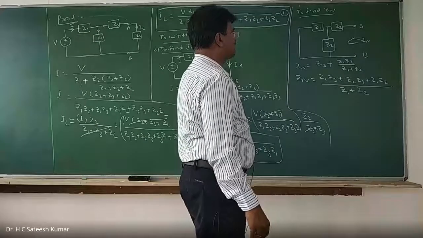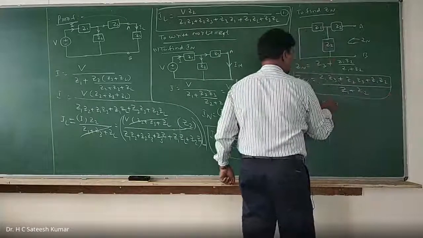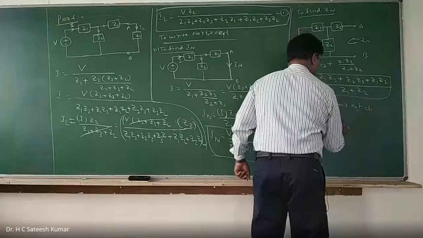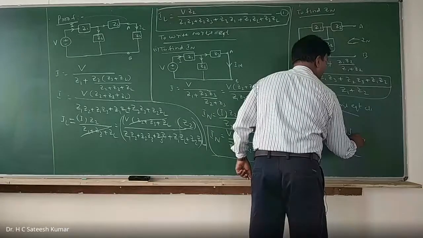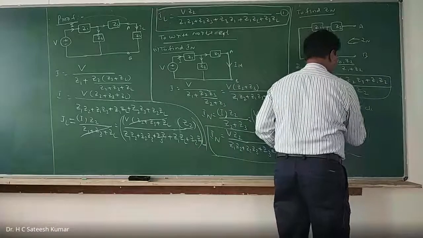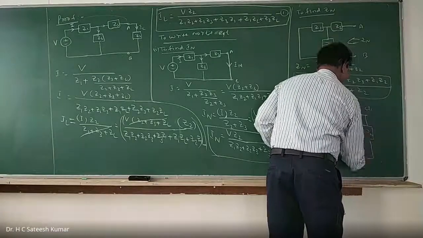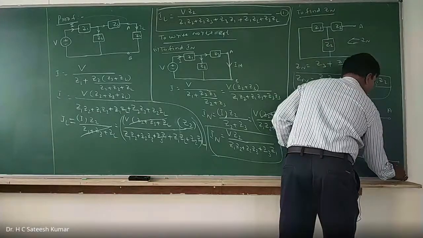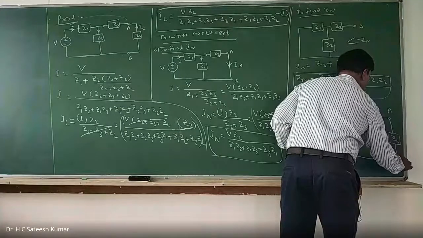So once we get the Zn, now go for the Norton's equivalent circuit. Okay, right? This is your IN, and in parallel with that, we have Zn. And this is your load terminal A, B. Now you connect the load, and I will have to prove that same IL. This is ZL. This is your IL.